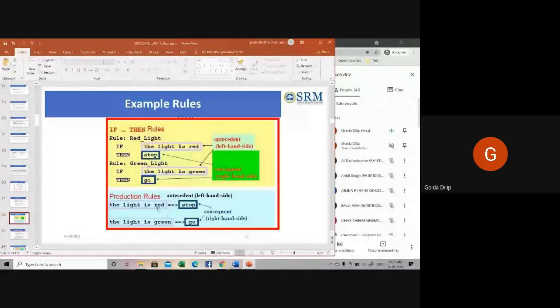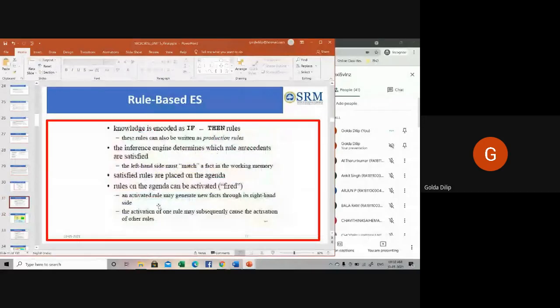The knowledge base will be filled with your if-then rules or the production rules. That's regarding the construction of your knowledge base. Then the inference engine determines which rule antecedents are satisfied. Okay, so next is